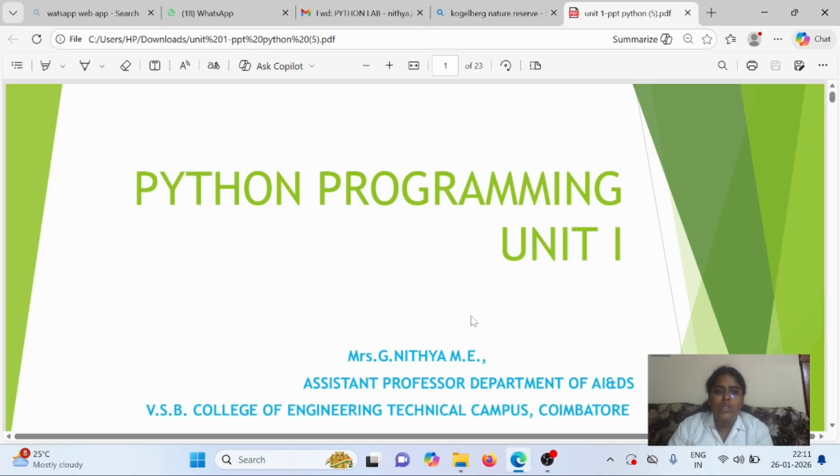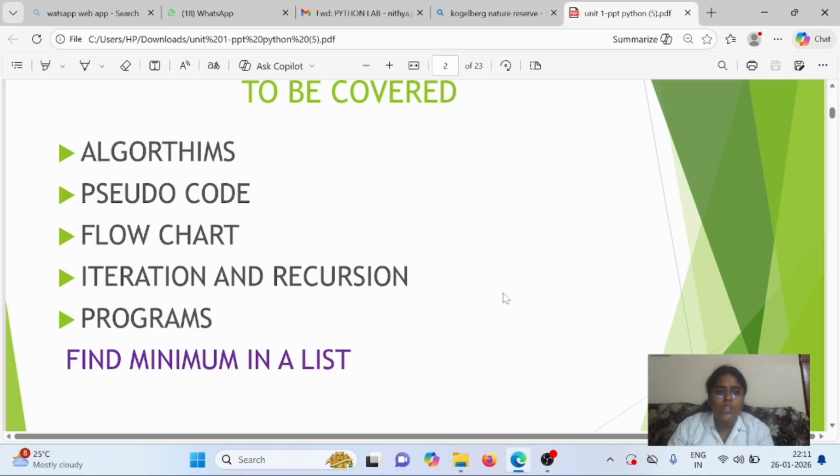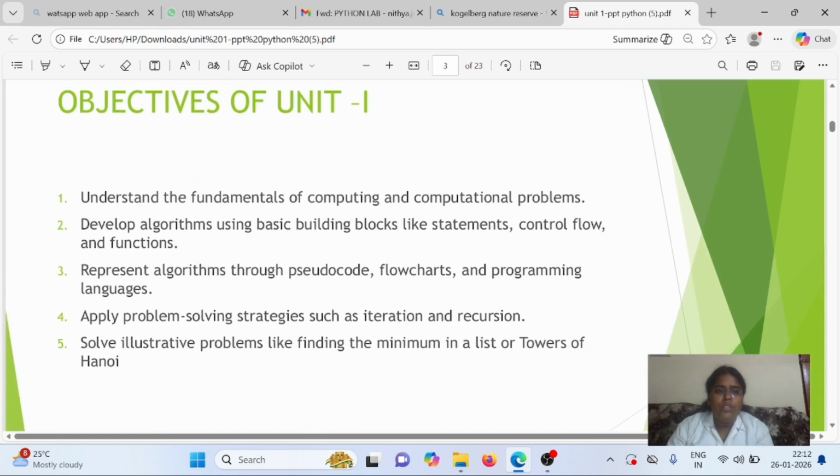Today, we are going to take Unit 1 Python Programming. So, what are the topics we are going to cover in this unit? Our first one, algorithms, pseudocode, flowchart, iteration and recursion, and one program for your reference, that is find minimum in a list. So before we cover those topics, first we are going to learn what are the